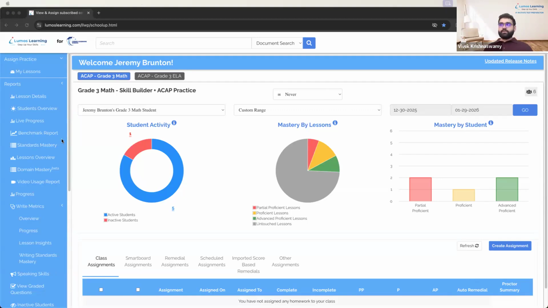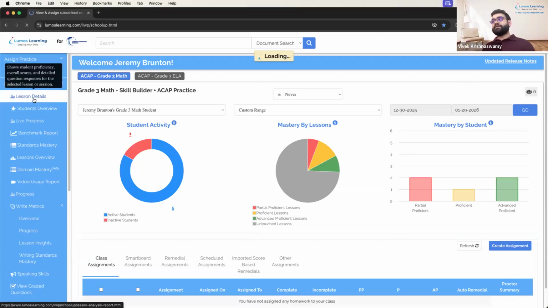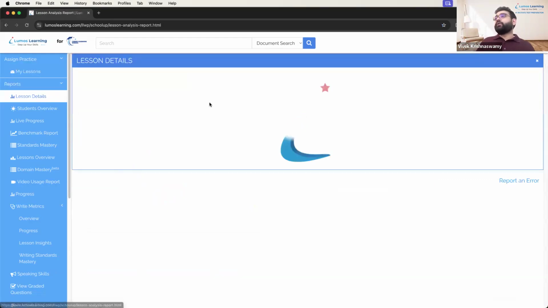So this is what our dashboard would look like. And when a teacher comes in, let's operate under the assumption that we've completed all of our practice tests and we have the data. So we're going to go into lesson details, and this math teacher is going to say, all right, how can I group a couple of students together? Or how can I select what I want to work on for the next day? If I was Mr. Brunton, I would go in and switch over from question view to standard view in lesson details.